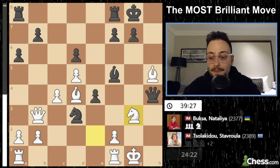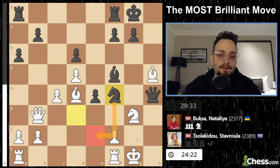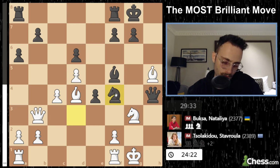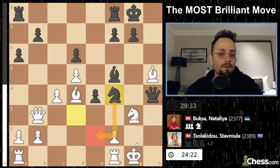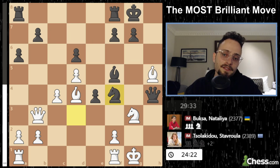And in the game, instead of playing rook to a8, black went knight f4, which is also a very logical move. This would be checkmate. Excuse me. No, it wouldn't. I mean, it wouldn't be checkmate in 1. It would be checkmate in 2, but it is protected. But you know, you've got all of these ideas swirling, and not to mention the bishop is hanging. And now at this point,